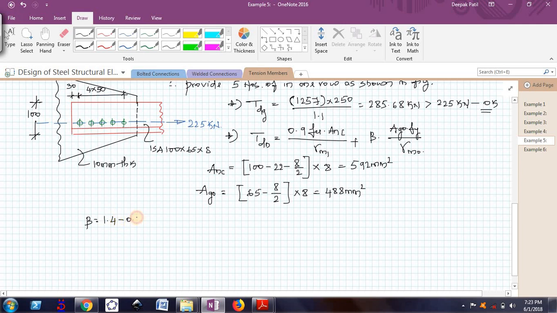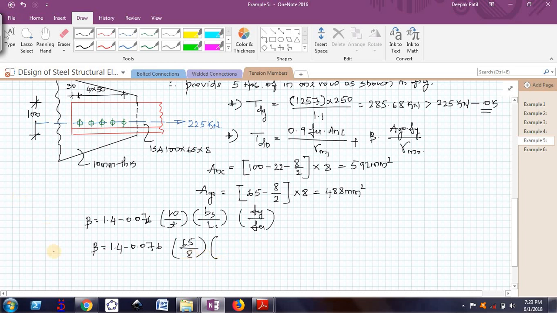Beta is 1.4 minus 0.076 w by t, bs by Lc, Fy by Fu. So beta is equal to 1.4 minus 0.076. So w is the width of the outstanding leg, which is 65, divided by the thickness of the angle, which is 8. Okay,